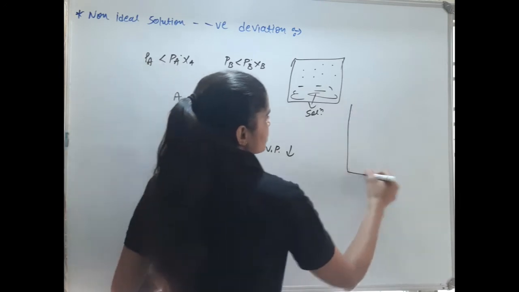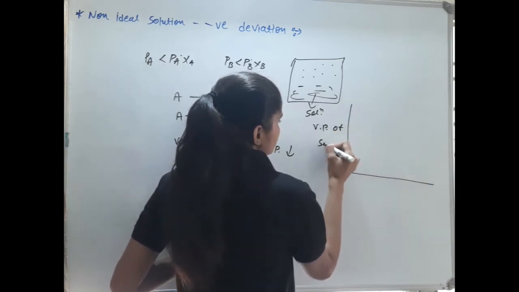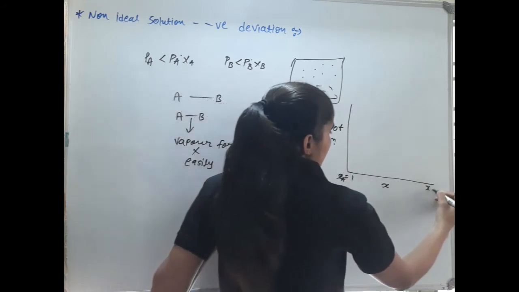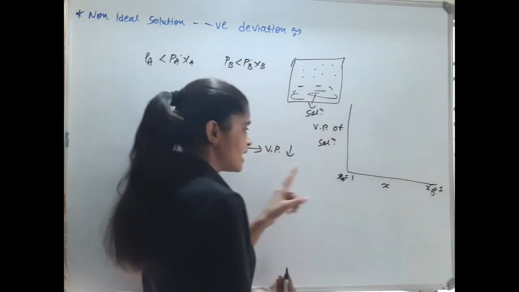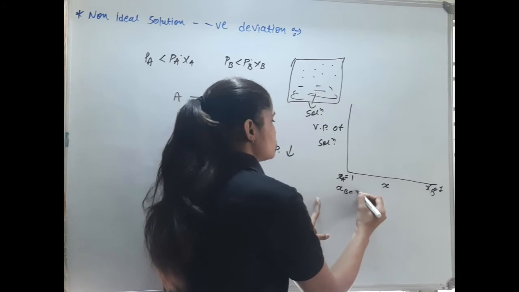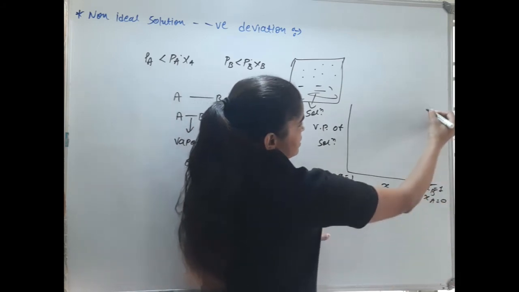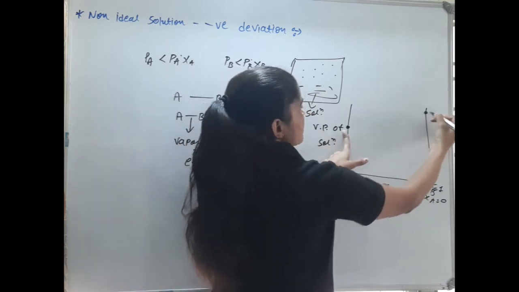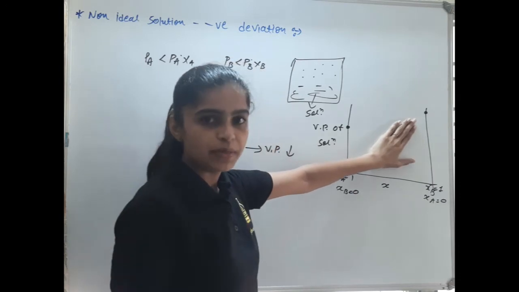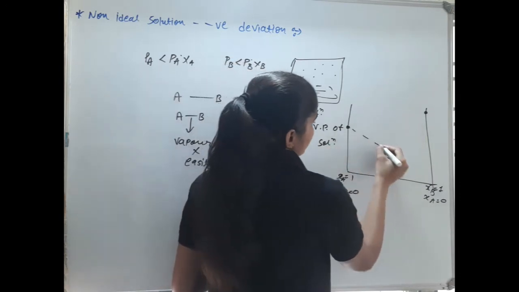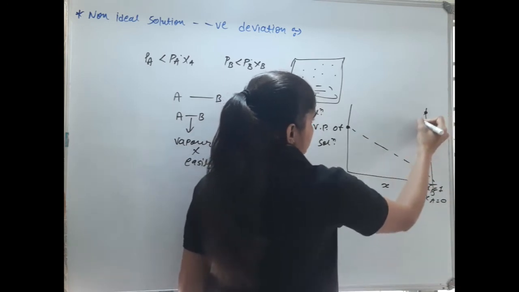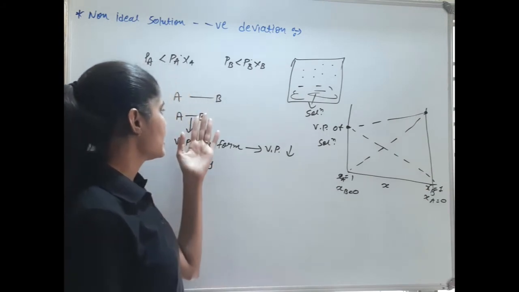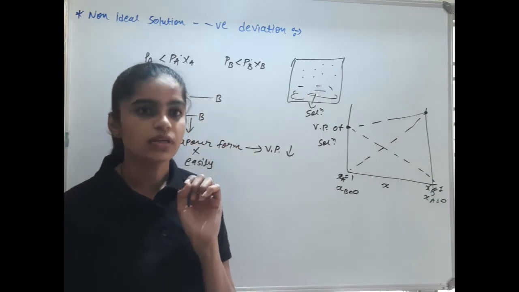For the graph, this is the vapor pressure of solution versus the mole fraction. In the mole fraction, this is XA equal to 1 and XB equal to 1. XA equal to 1 means XB is equal to 0, and this is XA equal to 0. This is the vapor pressure of the pure component A, and this is the vapor pressure of the pure component B. In the ideal condition, as mole fraction decreases, vapor pressure decreases, and this is the total vapor pressure. But in this condition, A and B are more attracted to each other,